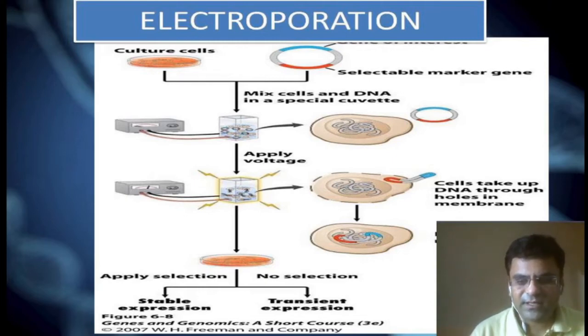What are the advantages of electroporation? The very first advantage is that this method is fast. It is a less costly method. It is applied to a number of cell types. Here we can treat a large number of cells simultaneously. High performance of stable transformants can be produced. These are some advantages of the electroporation method.